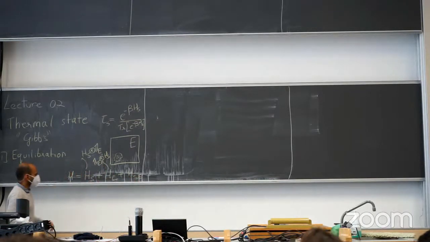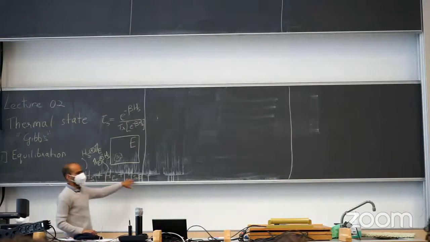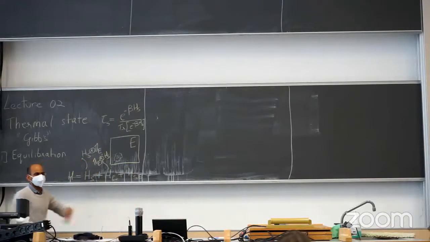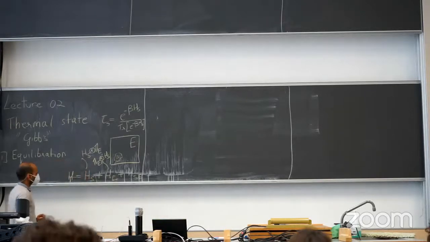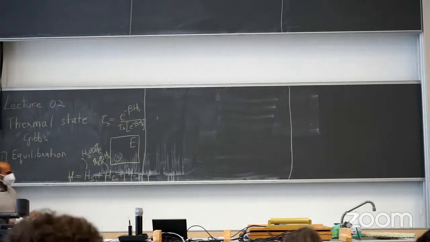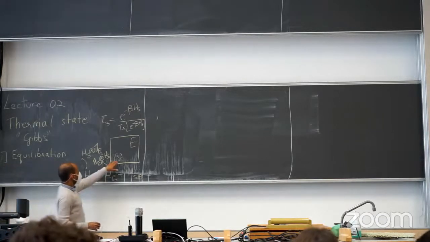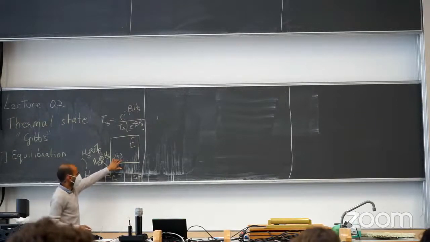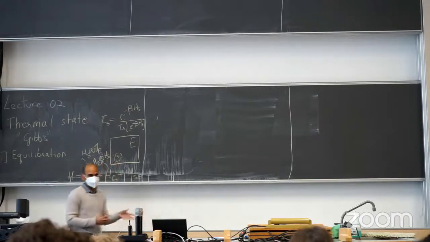Now, when we have such a split, and very important, we have an interaction term, because if I have a cup of coffee here, it's not isolated from the environment. It can exchange heat. It can also exchange particles, which maybe goes beyond this, but at the very least, it is interacting with its environment. And if I look at the state of this system, what can I expect it to be? Even if I start with the whole system and environment in a very pure quantum state, but now I just look at the state of the system and ask what it's going to be, then what it turns out is that for most times,